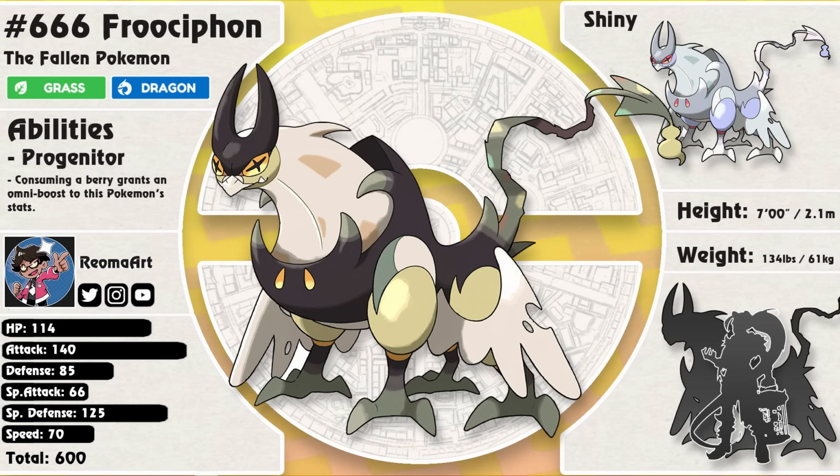Obviously, the final piece of the Sephiroth mold is the transhumanist transformation. He goes completely insane. He's kind of realized his own weakness. He does manage to escape away from the battle. He beats you with his newly powerful Frusiphon because it's so strong, maybe in a cutscene or something.